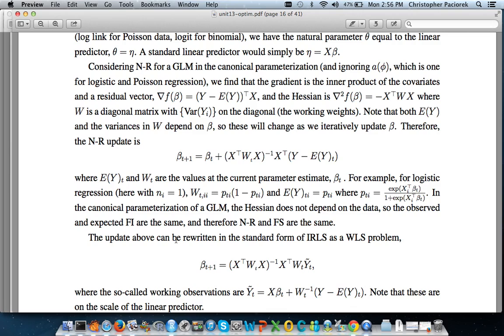Okay, so the idea then with seeing that what I just wrote there as Newton's method is the same as iteratively reweighted least squares is there's just a simple algebraic manipulation that will show that. So if I take that guy,